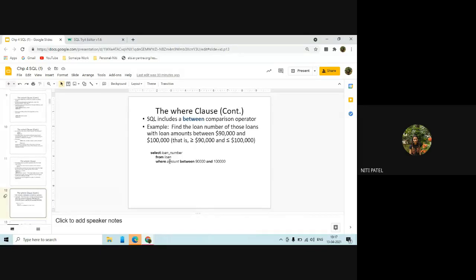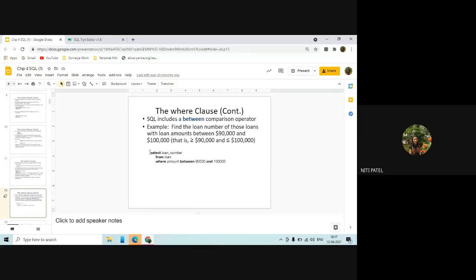When I say select loan number from loan where amount between 90,000 and 1 lakh, it is going to display all the loan numbers wherever the amount is between 90,000 and 1 lakh. We will try this when we add marks in a student column.